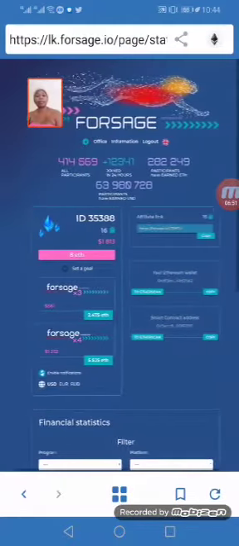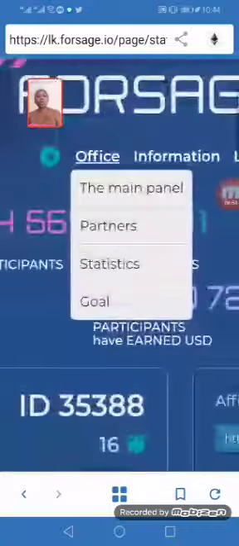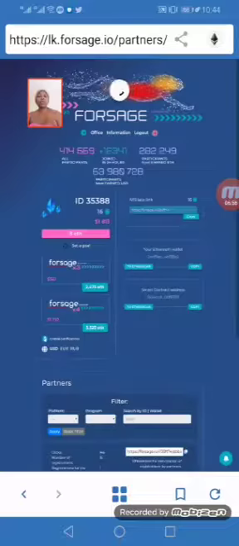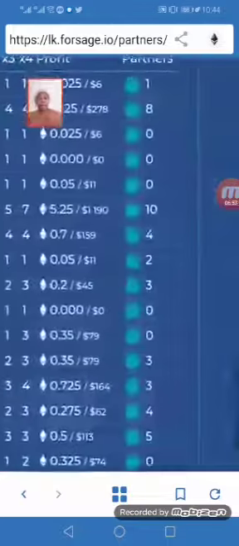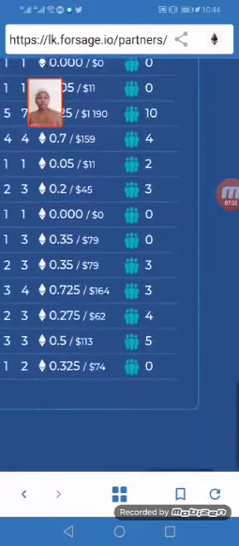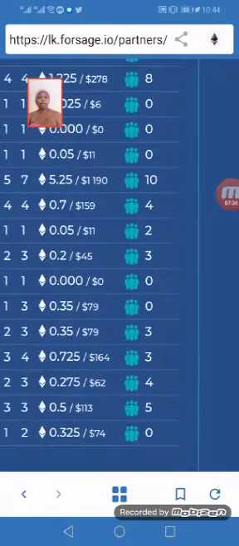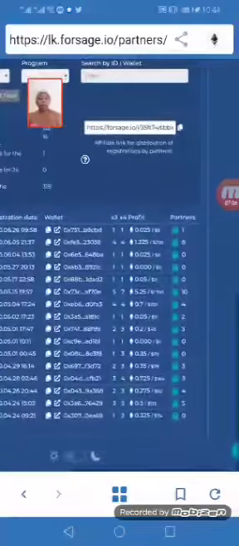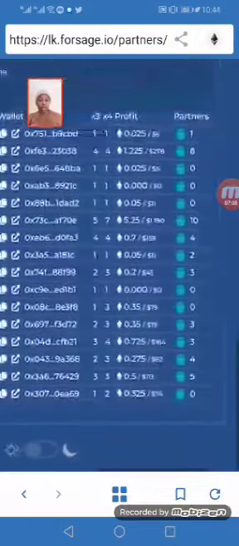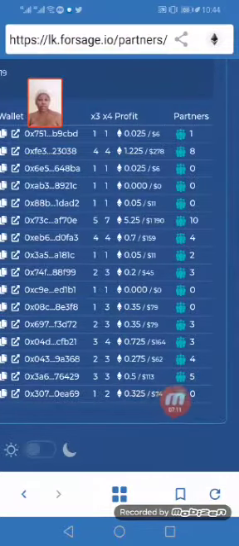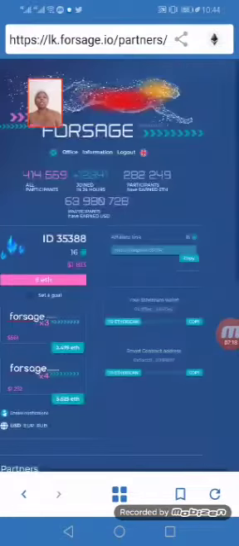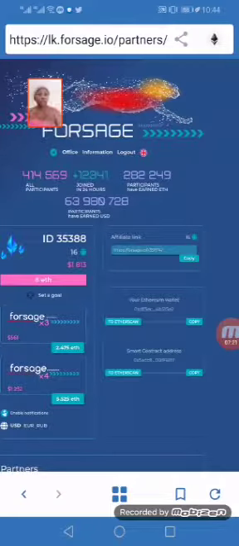When you go to office and go to partners, you're able to see your partners, which one has more people, which one has no people, which one has upgraded, which one has received money without any partners. As you can see, this one has received $74 and they don't have any partners. Why? Because they're receiving spillovers from me. So it's basically like that. There is no other magic. You recruit, you work hard, you work on a strategy with your team, and you can achieve anything.